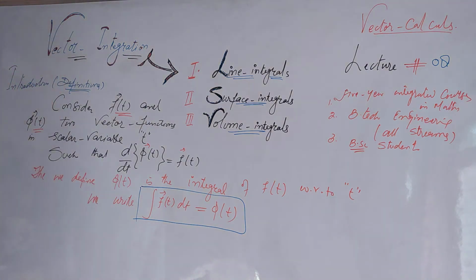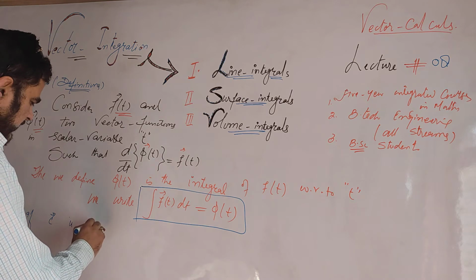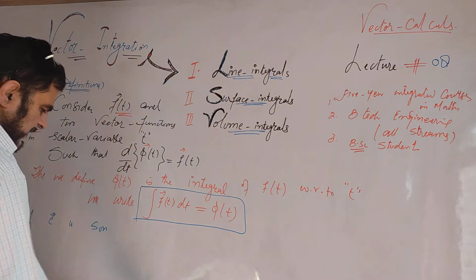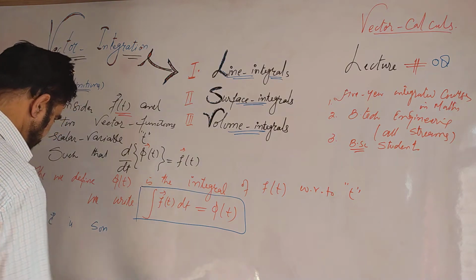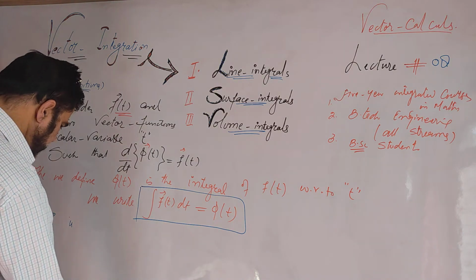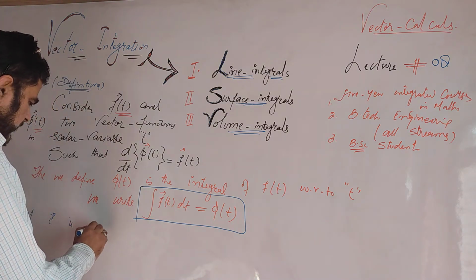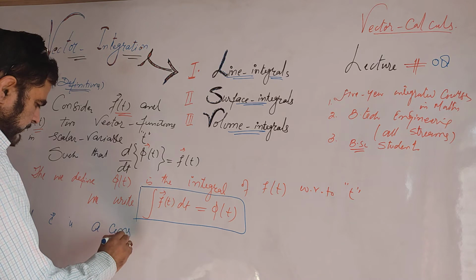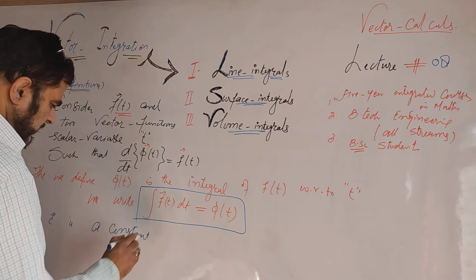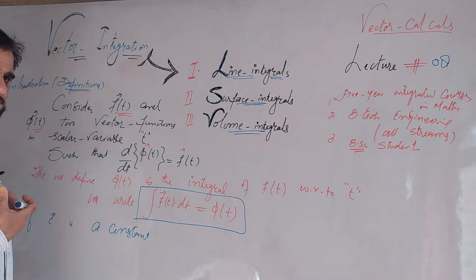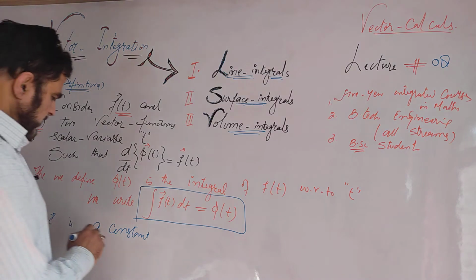Further, if C is some vector, we say it is a constant vector. If C is a constant vector, or we simply write it is a vector independent of t,